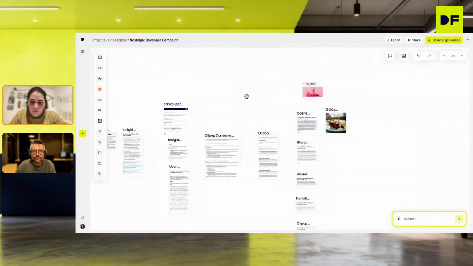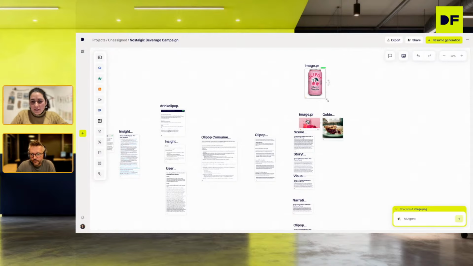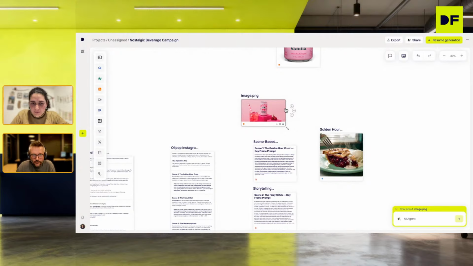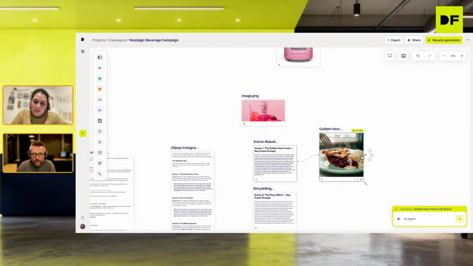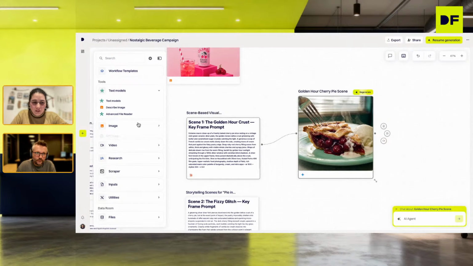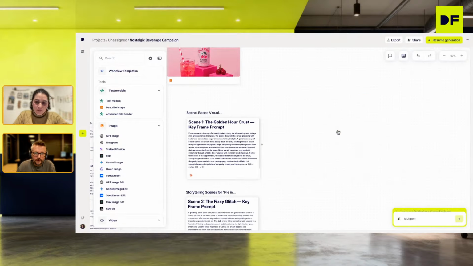I just copied the image and I will be pasting it here. And this will help set the mood, set the color grade of all the scenes. So now this was Gemini, just Gemini normal, without any image to edit. And we have here the models of Gemini image edit, Seedream edit, and this is what we're actually going to use. So I'm just deleting this first one, and select